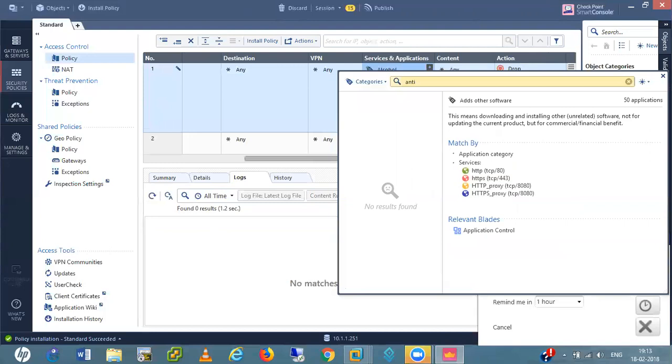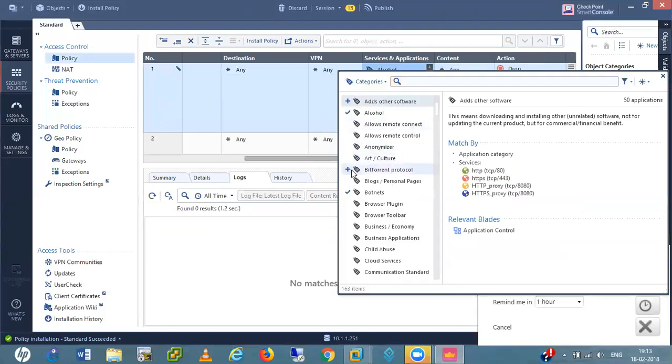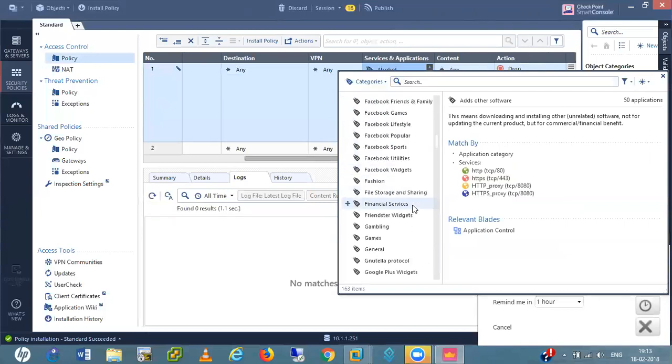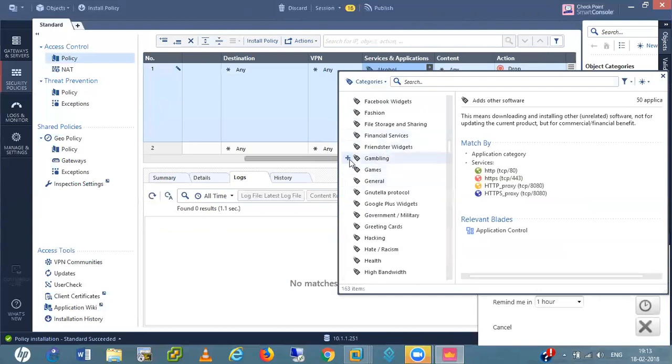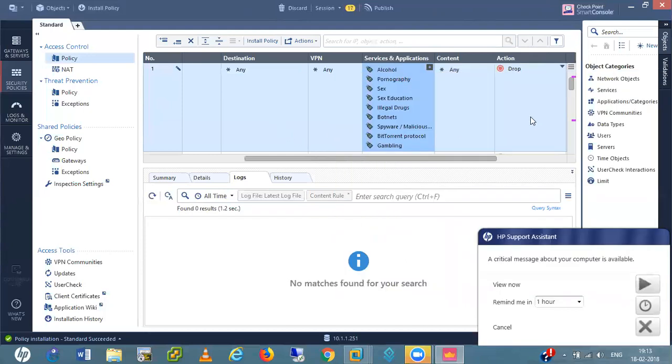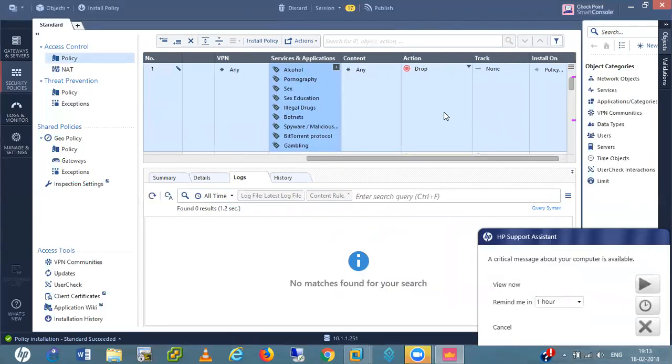Antivirus. Okay. And spyware. I think these are. I'll also disallow these BitTorrent. So from there we can allow or disallow like gaming websites. Okay. This gambling, all these stuff. So I'll just block this one.